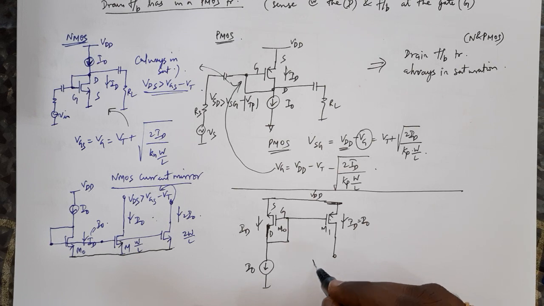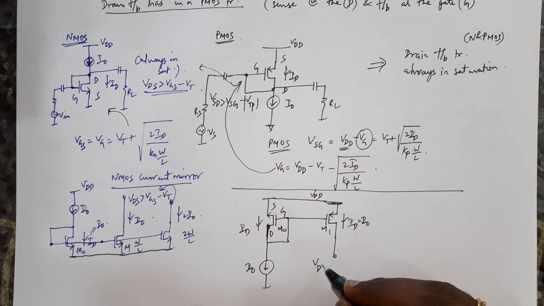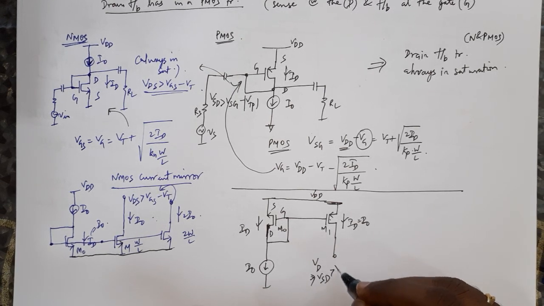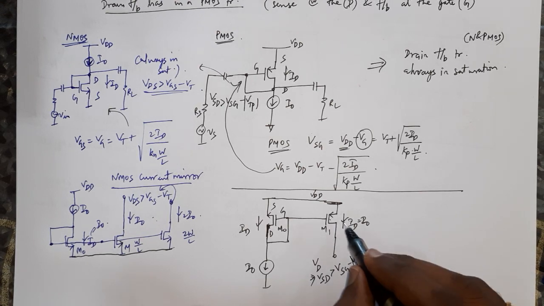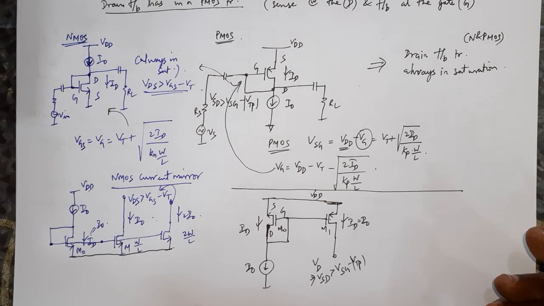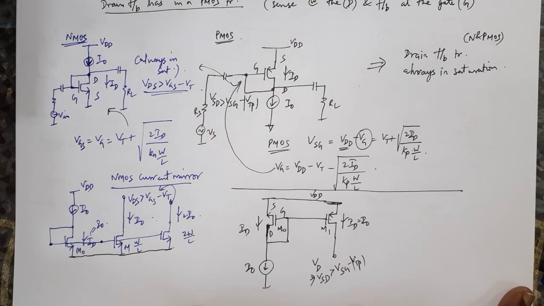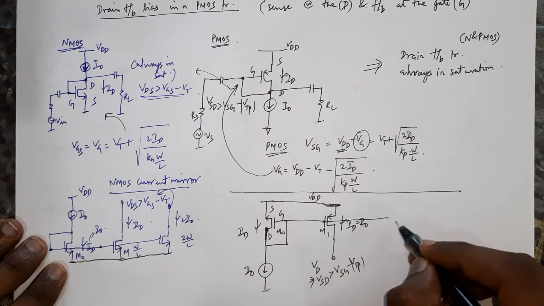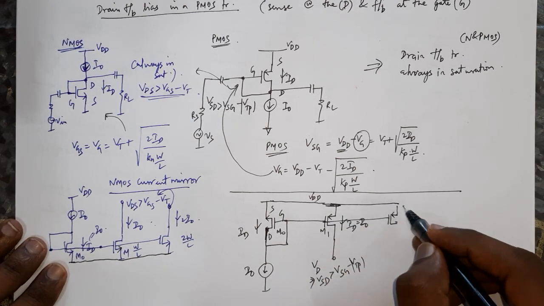I should just make sure that I keep this particular drain voltage in such a way that VSD of this transistor is greater than VSG minus VTP. Okay, and I can extend and scale the currents and so on and so forth. This is very straightforward for me. So let me also do that. If I extend this gate voltage, and then if I say that this is my source, which is again at VDD,